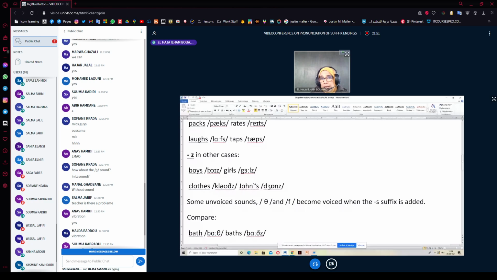Like it becomes Z in other contexts. Or in other contexts, like in here: boys, girls, clothes, Johns. So you see here we have also the possessive or genitive. We say possessive or genitive. So the end, or the last in here,